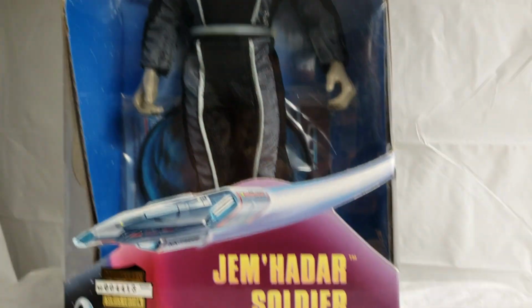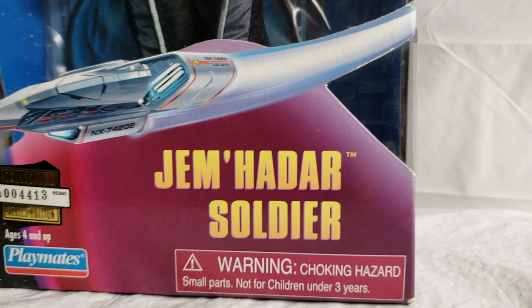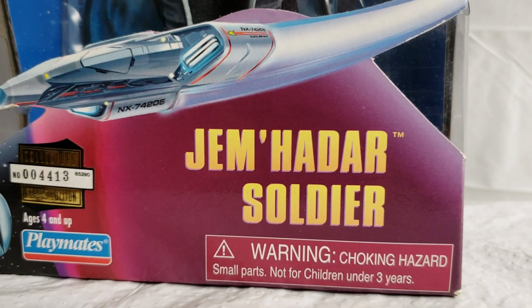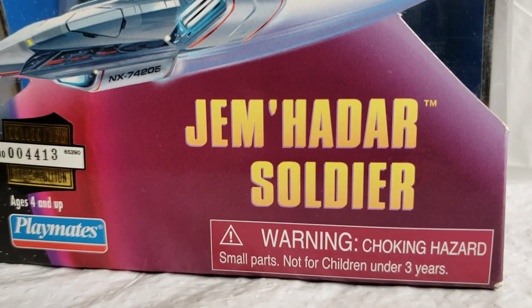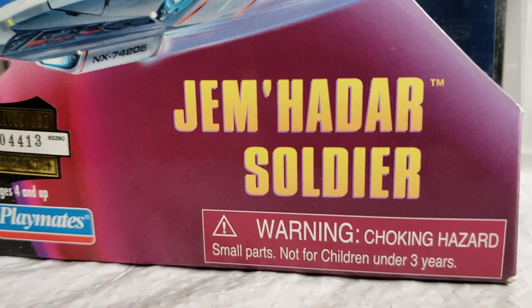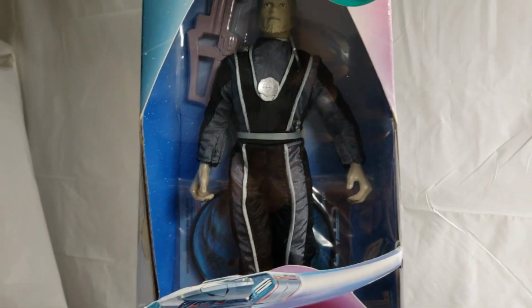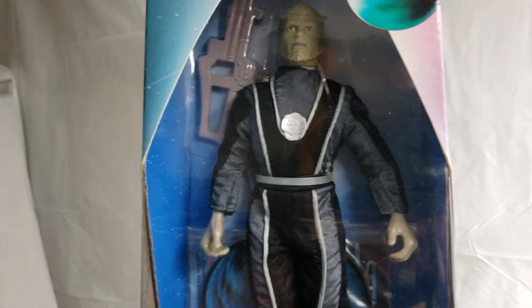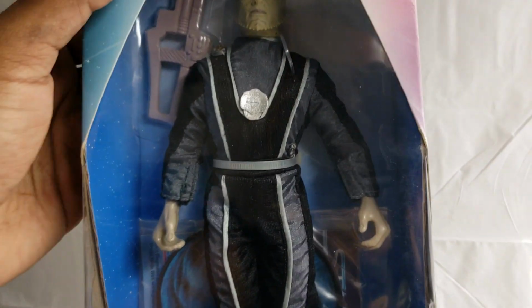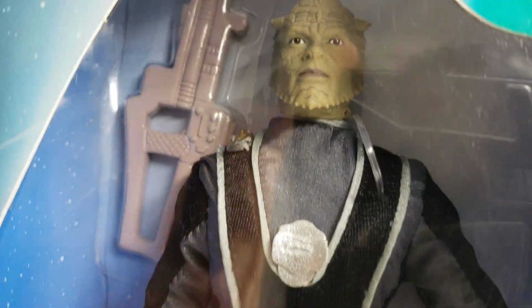We bring you, and we're going to pronounce this the way we did our research, the Jem'Hadar soldier. The Jem'Hadar soldier. And this is from Star Trek Deep Space Nine, this character. And we'll bring this guy in for you. The Jem'Hadar soldier,